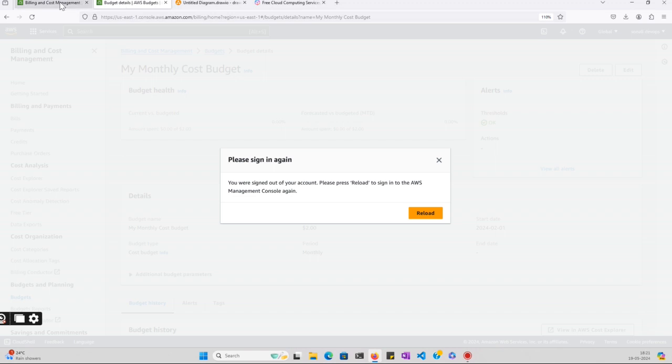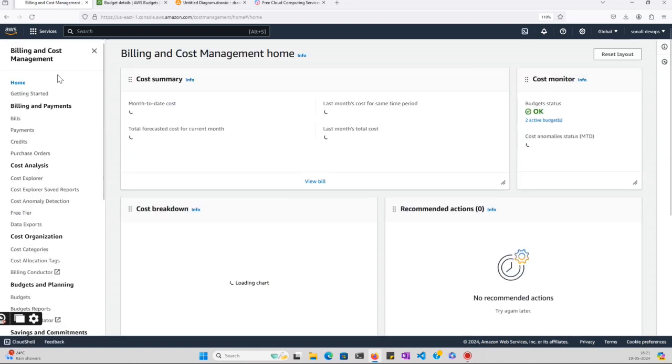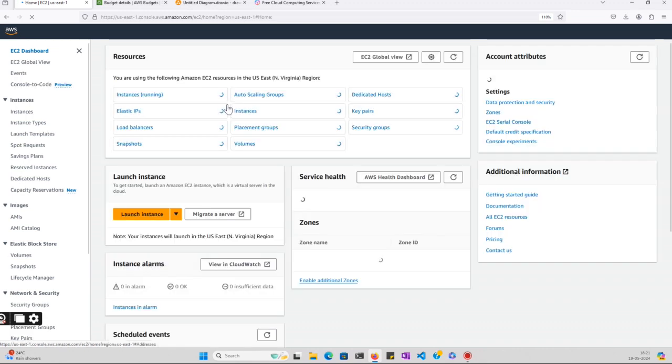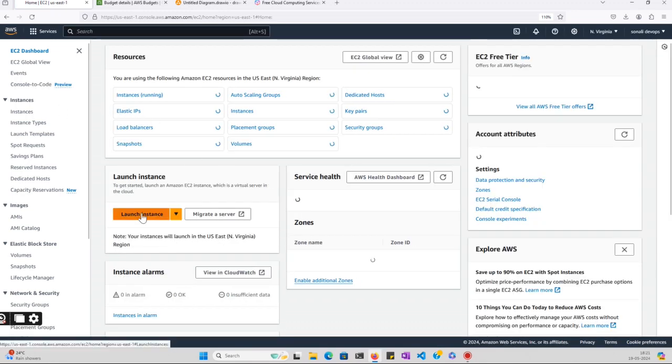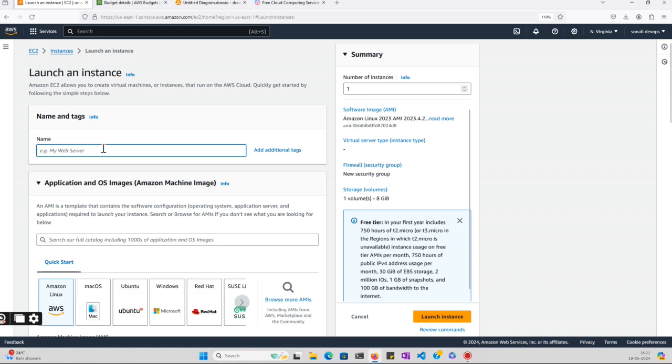Okay, now after that, we'll go and start a new service which is called EC2. So just straight away click on launch instance, and we'll see now all the configuration that is required for creating an instance. Let's name this, say, my new web server,